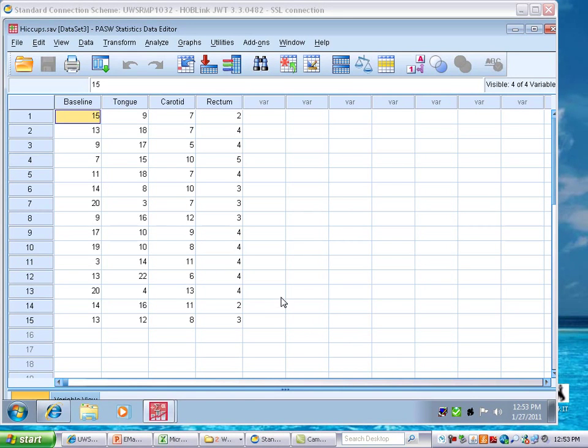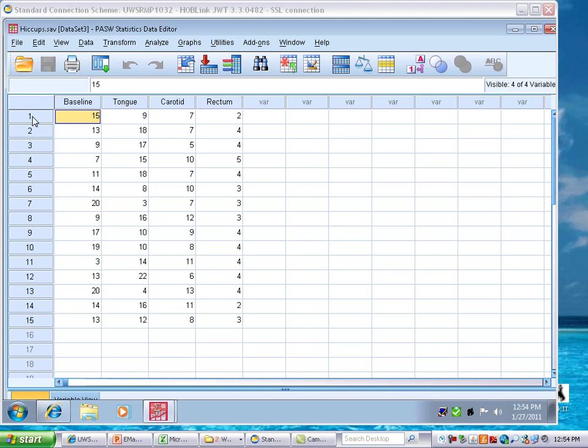I have already saved the hiccups data set on my desktop, and I'd like to walk you through making a bar chart when you have related means. Another word for this might be the repeated measures analysis, and this is very common in many fields, especially in education. You see, the way this data set is recorded is quite different from the ones that we've used so